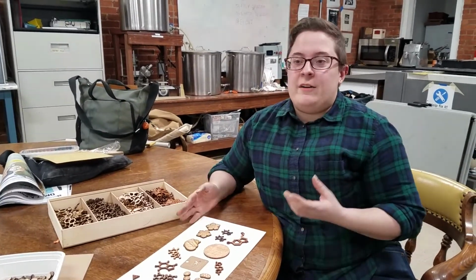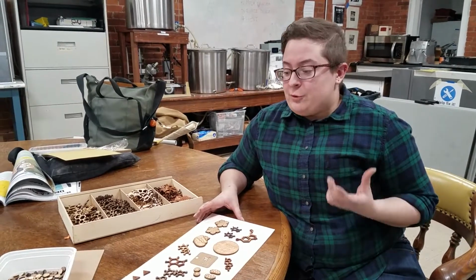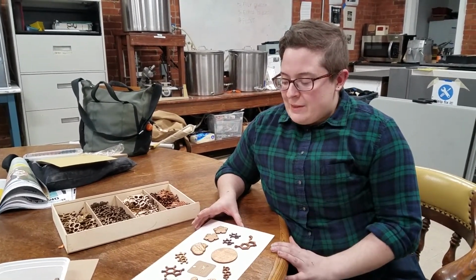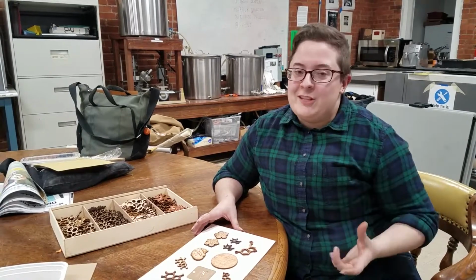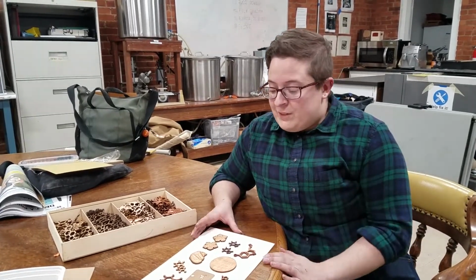What I make are science and math inspired laser cut jewelry, mostly necklaces, earrings, cufflinks, that are inspired by the work I do. I'm a grad student who does physics and fluid dynamics and chaos, and also by all sorts of other science. So what I have here